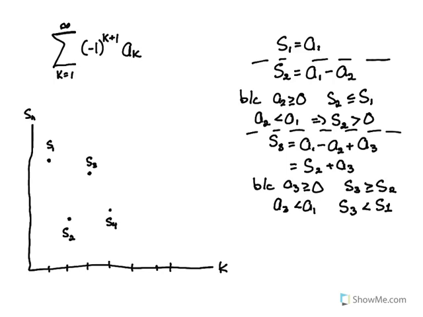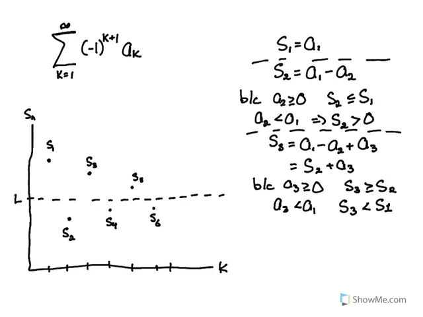And then S5 will again increase, but not go above S3, so it'll be S5 here, and S6 here somewhere, and so on and so forth. Now, because we also assume that the sequence a_k is going to 0, the limit as k goes to infinity of a_k is equal to 0. This means that these up and down jumps between the S_n will get smaller and smaller, which tells us that they will converge to some value